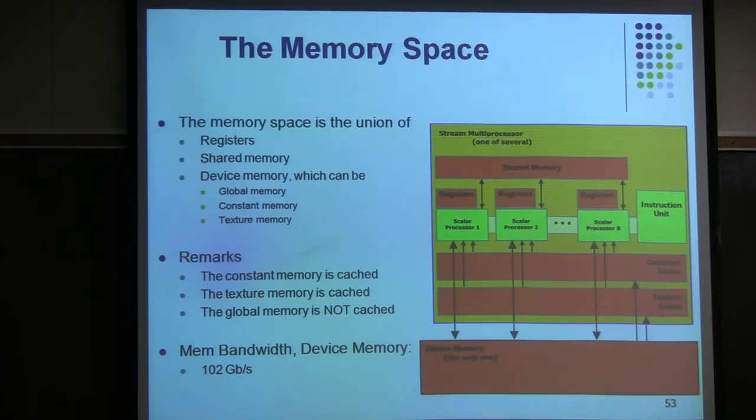Now, not all of it is cached or can be cached. Of that big chunk of 4 gigabytes, there is a small part that is called constant memory that is cached. For instance, if you use pi, the number 3.1415 and whatever, then if you want to compute the radius